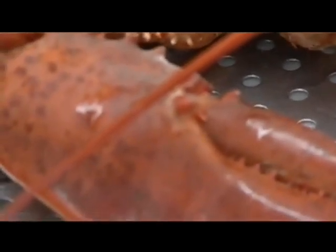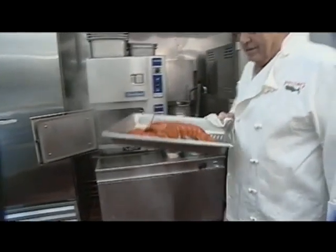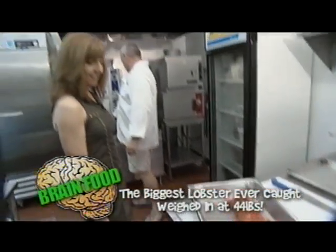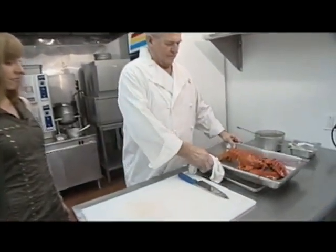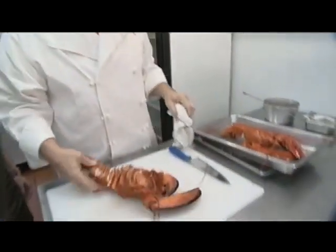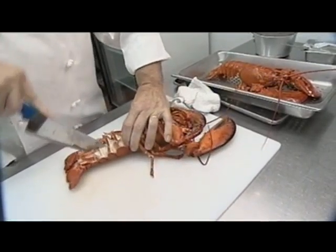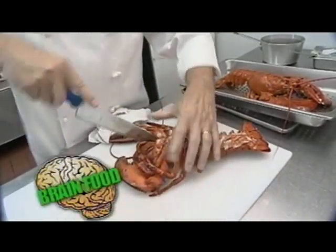Well, first we start by steaming the lobster. Wow. That is beautiful. How big is that lobster? That's 3.5 pounds. Man. And then, this is easier to work with. Okay. You take the lobster and just cut down the center of it. Split it open,